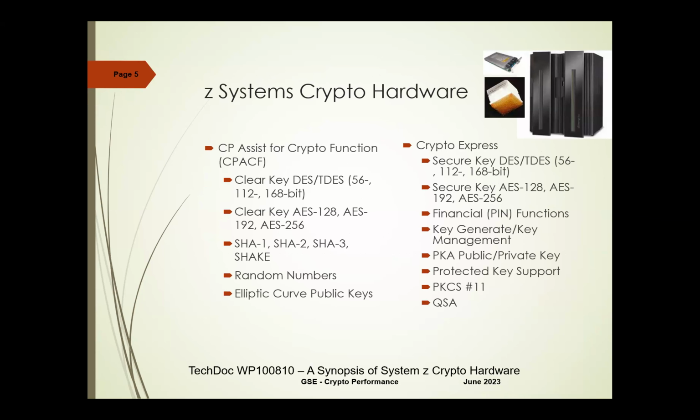And then on slide 5, I talk about the hardware that's available. The functionality that's available in the two hardware devices is a little bit different. The clear key hardware, the CPAC-F hardware, is somewhat limited in its functionality, but what it can do, it does very fast. The Crypto Express cards, on the other hand, have a lot more functionality, but you have that performance impact of sending the work out to the Crypto Express card. And I need to point out that when you implement an API, your choice of an API determines what hardware